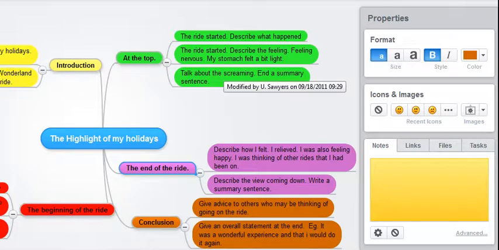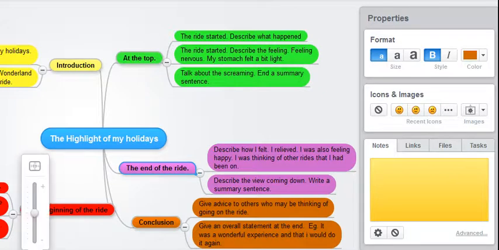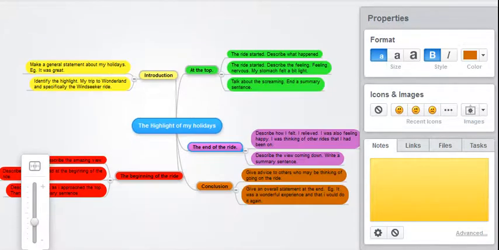And while I'm writing, other ideas may come, but this is like a jumping off point. And then we talk about the end of the ride and what our thoughts were at that time. And then finally the conclusion. So in the end, our mind map should look something like this, and each color tells us what we're going to be writing about in